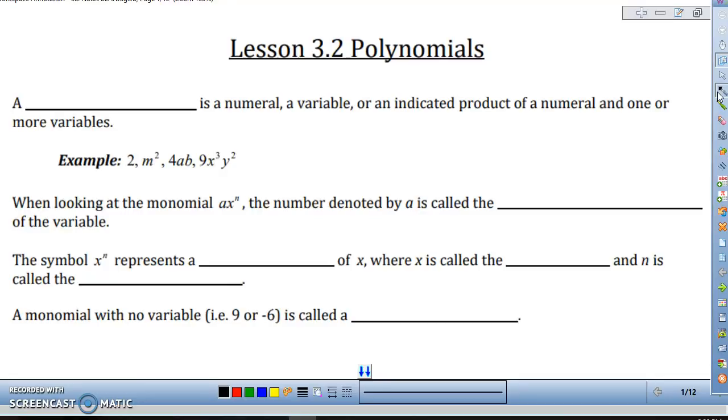All right, this is lesson 3.2, everything you ever wanted to know about polynomial functions. So go ahead and have your notes packet out in front of you, and we're going to go ahead and get started. A monomial